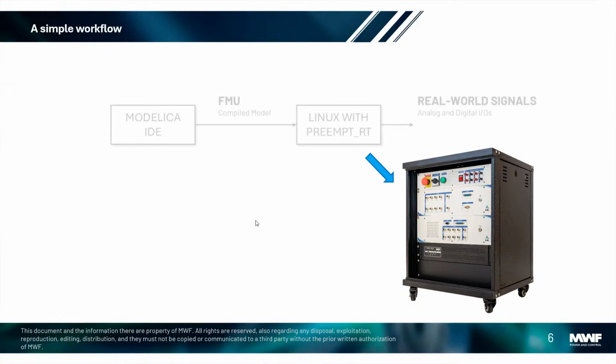This is one of our platforms. We call it Qfire Hill. As you can see, it has inputs and outputs for real-world signals, both analog, digital, and also digital buses like CAN bus, which is very common in agricultural machinery and commercial vehicles, for example, or even maritime applications and many others. The interesting thing here is that we are able to run